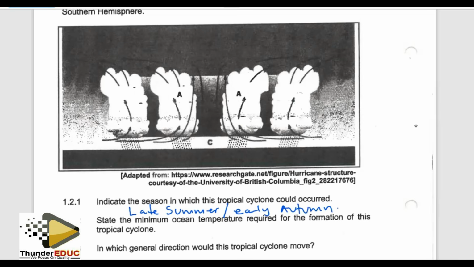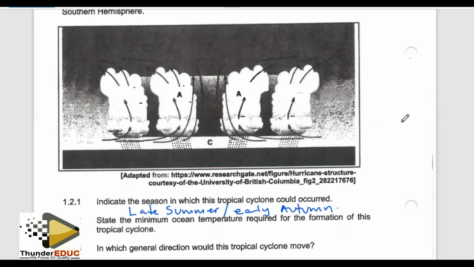Okay, early autumn. This is when temperatures are very high, resulting in the development of a low pressure. Sometimes we avoid just saying summer because when summer is just starting, at times temperatures are very low. That is why we prefer saying late summer or early autumn. That is when temperatures are way high to support the development of a tropical cyclone. Again,